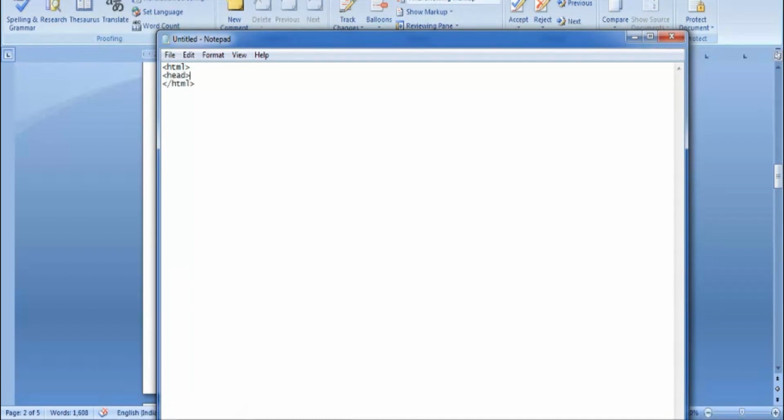You have to mention the title and description in the head section. This also has opening and closing tags. And also the body section is there. This is where the real content takes place. In the body section,